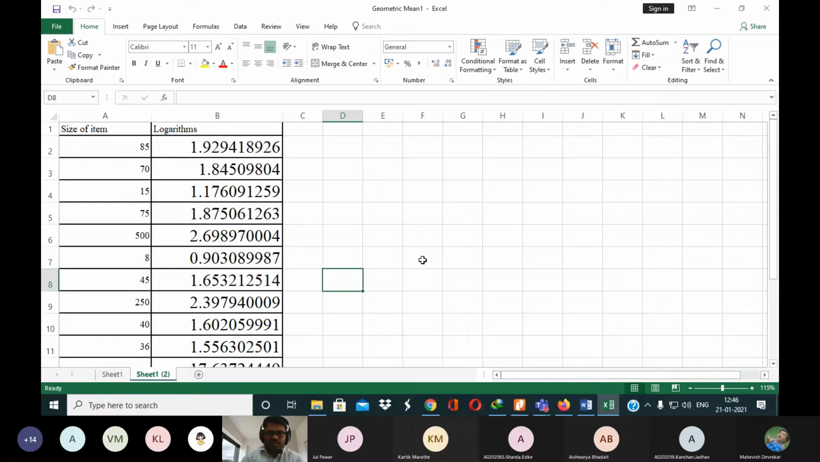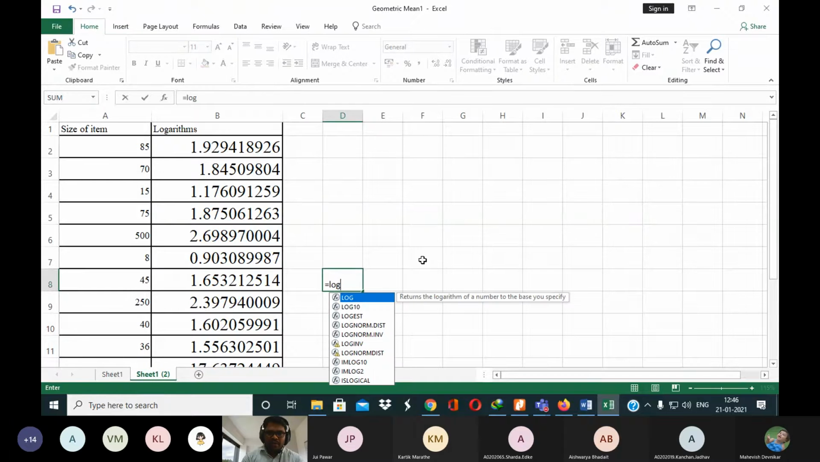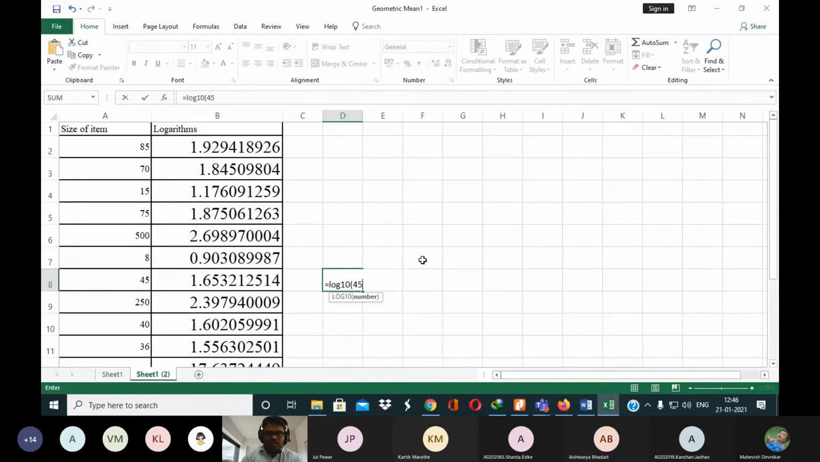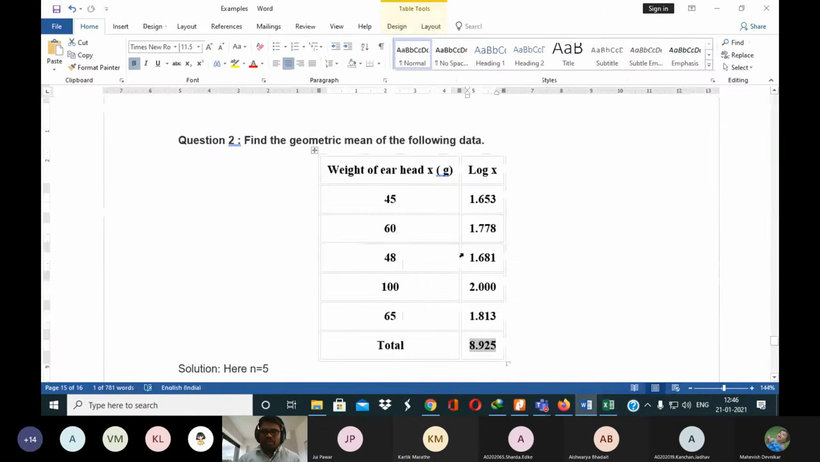Here also you put the equal to sign, then log. You can use log10, as we have already seen the difference between log and log10. For example, you want to calculate the log of 45, and the answer is 1.6532. Likewise you can calculate the log of any particular item, using your Excel file, the scientific calculator, or